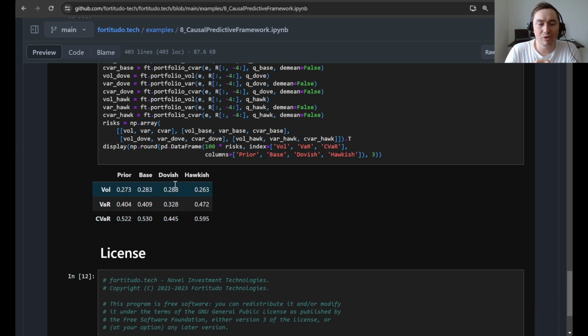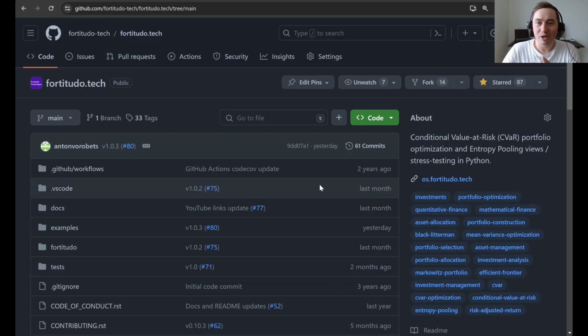And then you can see that if you have this dovish or hawkish case, especially in the dovish case, interesting, I think, you can see that the tail risks change quite significantly. So you have a much lower tail risk in the dovish case, while you have a much higher tail risk in the hawkish case. And I think this makes great sense, especially in combination with the plot that we saw of the distributions before. All right, so this is the walkthrough of the 8th example,